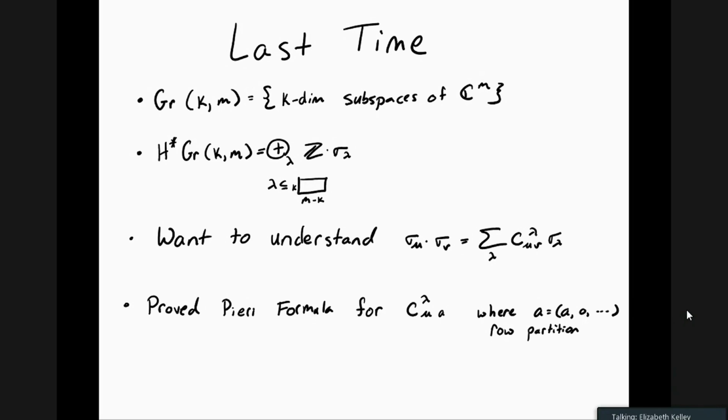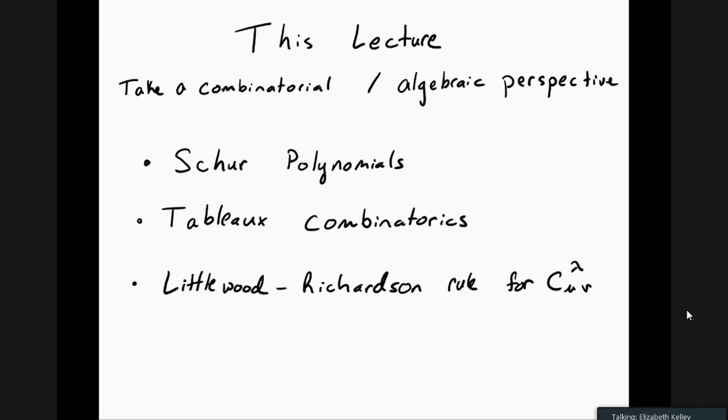Okay, it's being slow. There we go. In this lecture, we'll take a more combinatorial and algebraic perspective. We'll start by discussing Schur polynomials, and then we'll move on to some discussion of tableau combinatorics. In particular, we'll look at this Littlewood-Richardson rule that tells us completely how to compute these Littlewood-Richardson